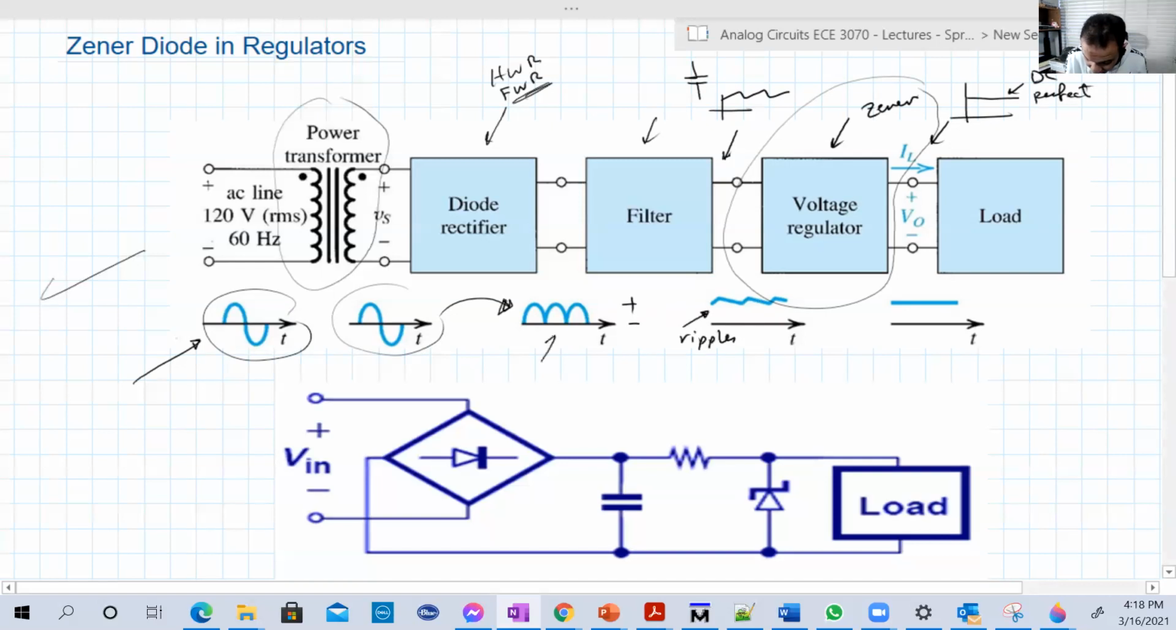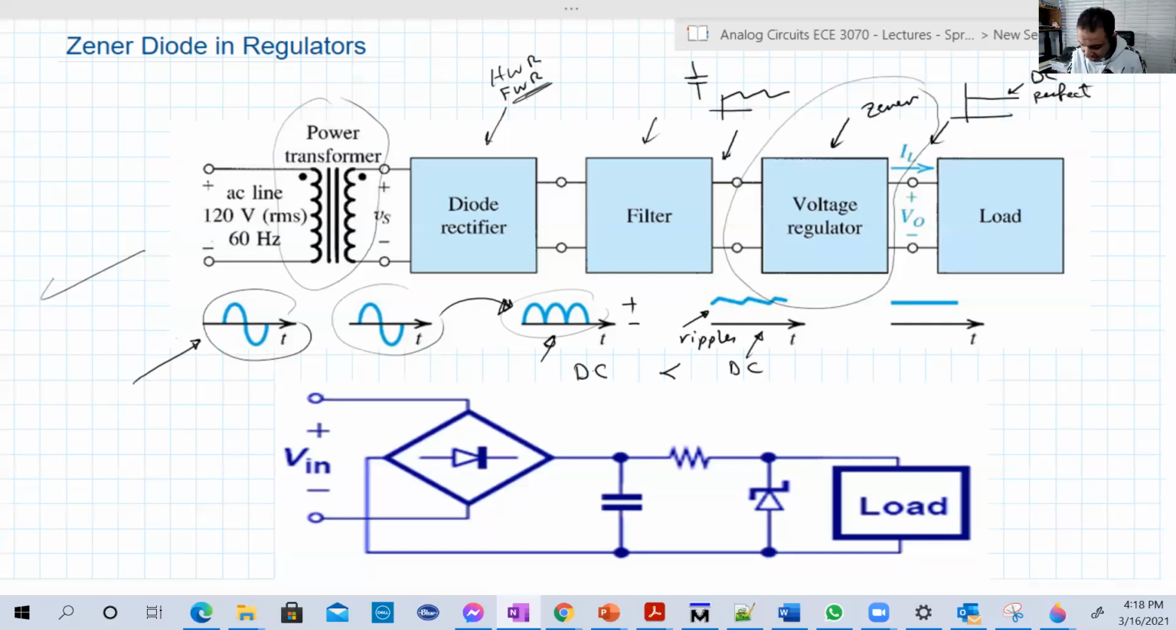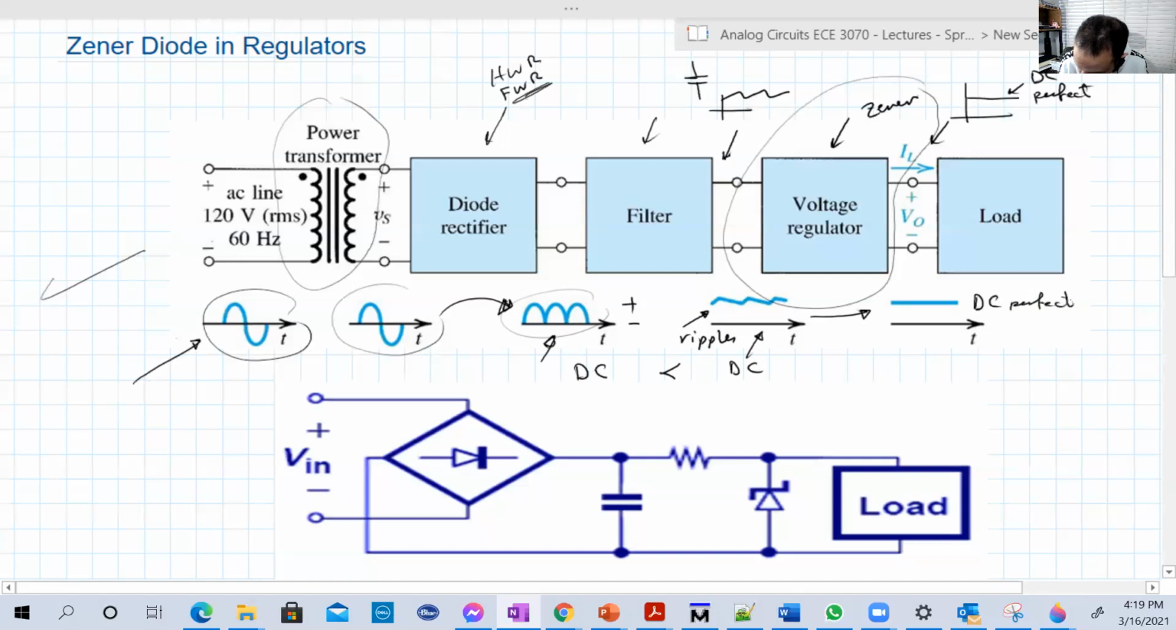Look at the variation here and the variation in here. There is a lot of variation. The DC in that stage is greater than the DC in that stage, because the variation is less, basically. And now look what the zener can do for us. It will make it perfect, almost perfect DC. And here is an example, so here is basically the input,